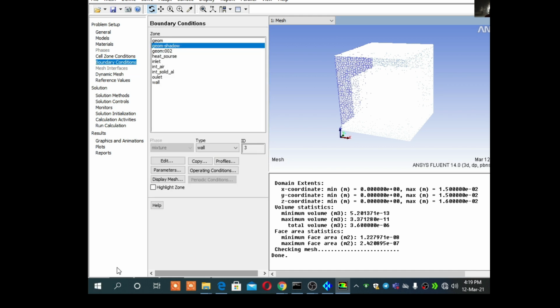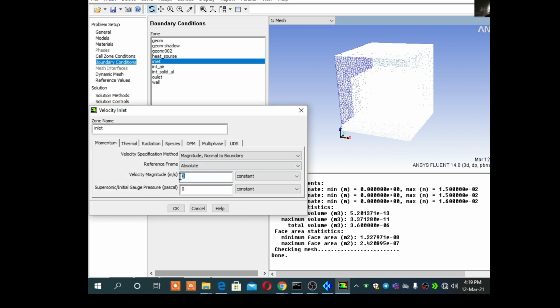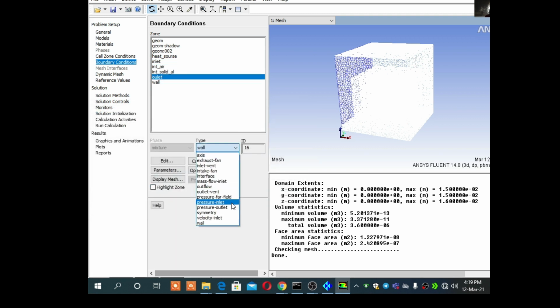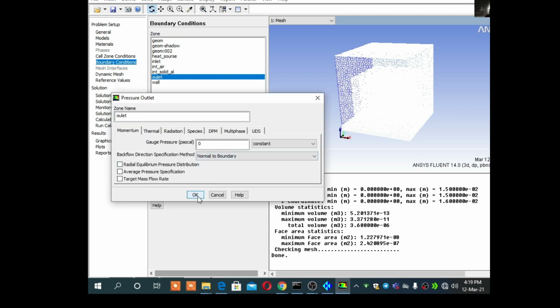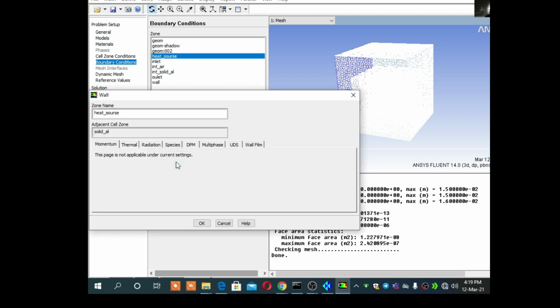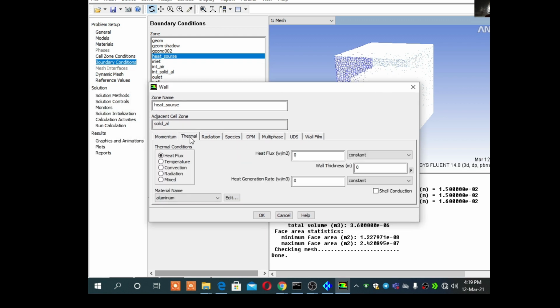Then we will go for boundary condition. At inlet we will give some velocity like 3 meter per second, and outlet we are assuming that it goes to atmosphere, so pressure outlet with 0 gauge pressure means atmospheric pressure. And there is a heat source, we are assuming the temperature, mostly there will be a heat flux.